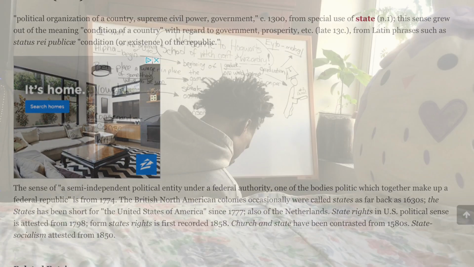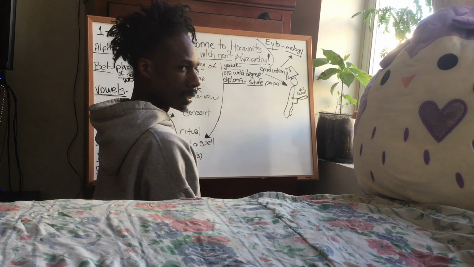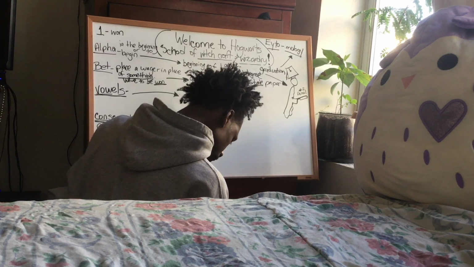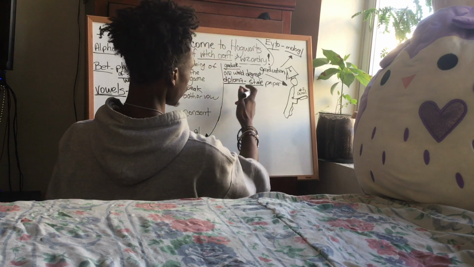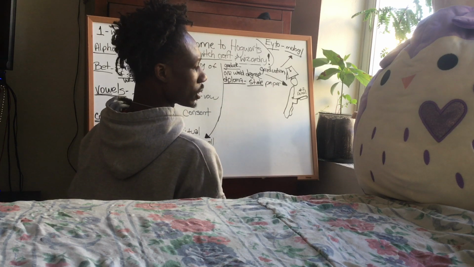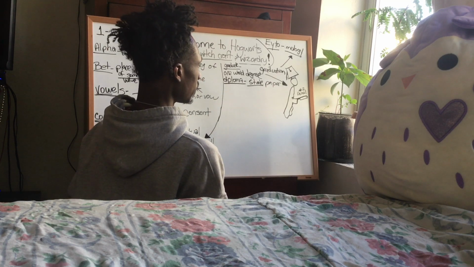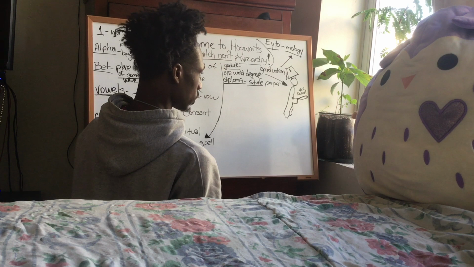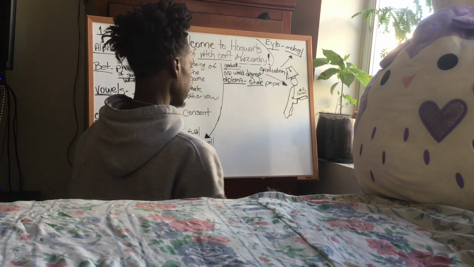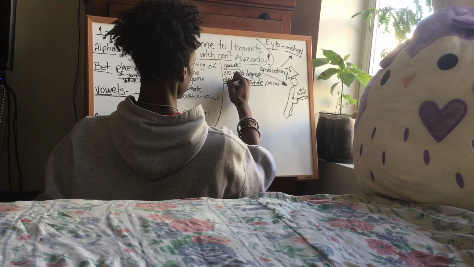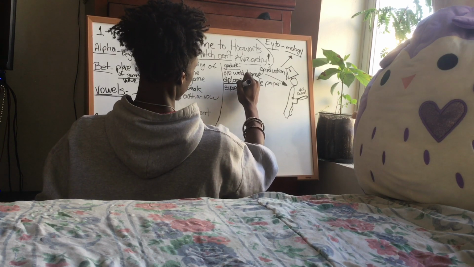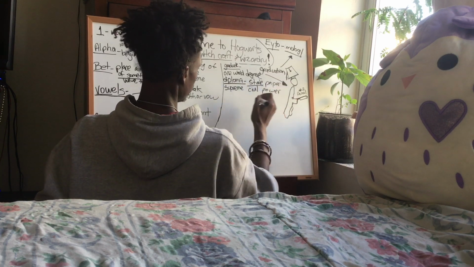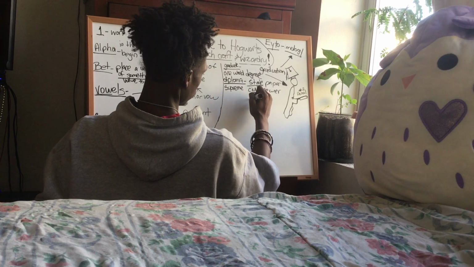To be set in position, like state your name. You know, that means to state your position, right? Supreme ruling civil power. So the word state can mean set in your position, like statement. It also can mean supreme ruling power, like political, you know, like state, like New York State, New Jersey, things like that. So state also means supreme civil power. If you look at this word civil, right in the middle is evil.